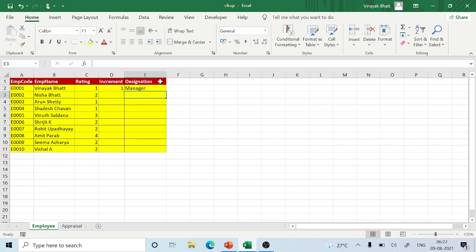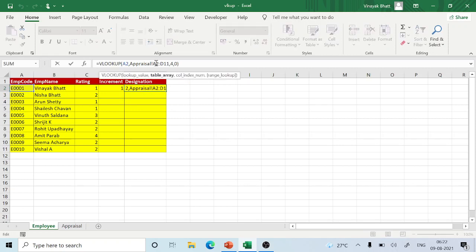Now there is one change which I need to do. You have to click here and press the function key F4, $A2, and this is very important, and again press F4.